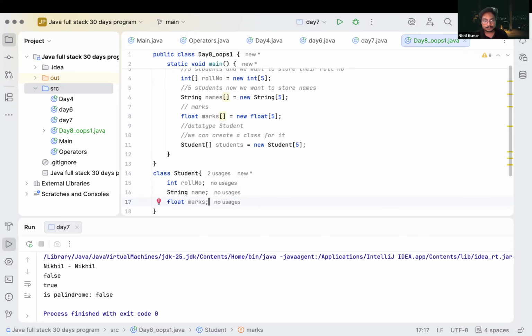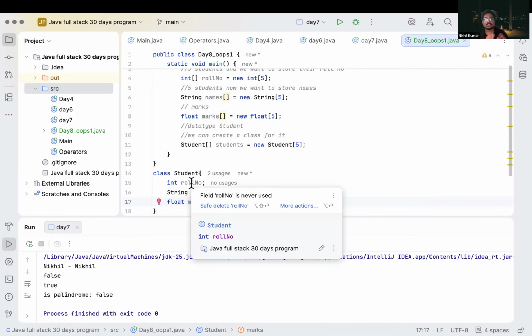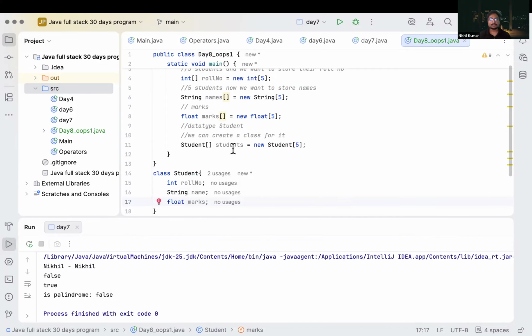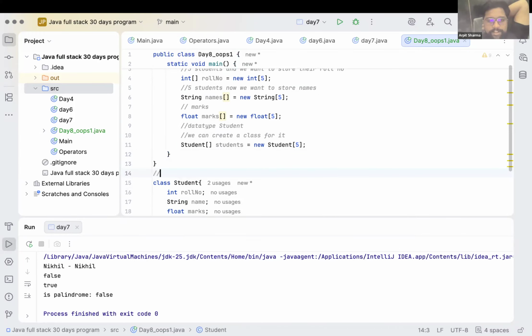So what it will do, it will create a student template which is containing all of these things inside our student class. Correct? Sir, so basically it makes an object of integer, string, and float, right? No, we didn't create an object here, but if I do something like this,